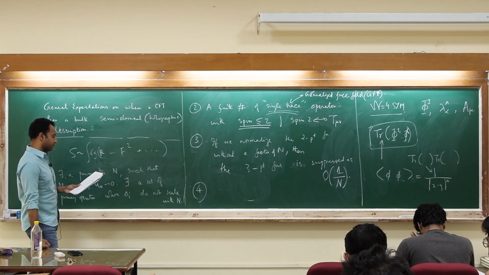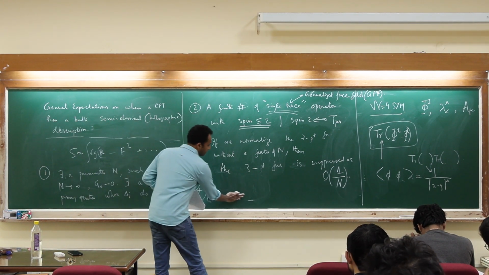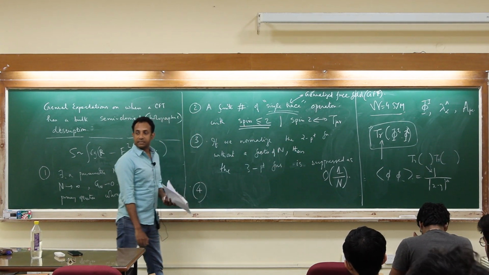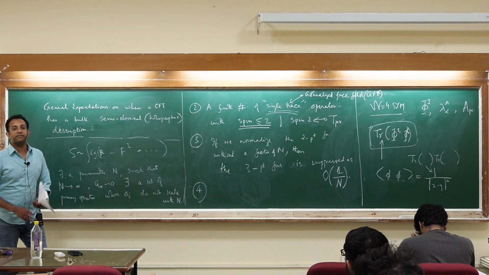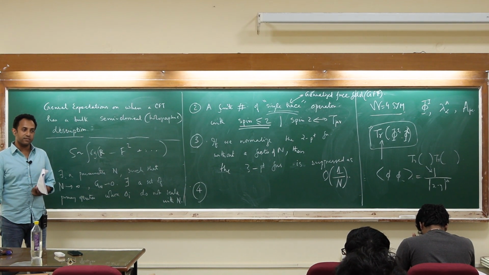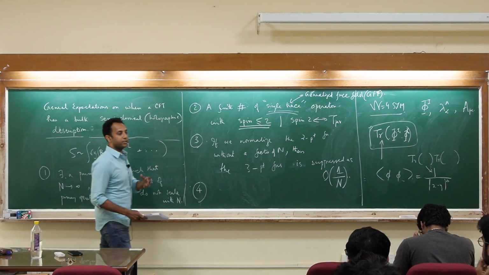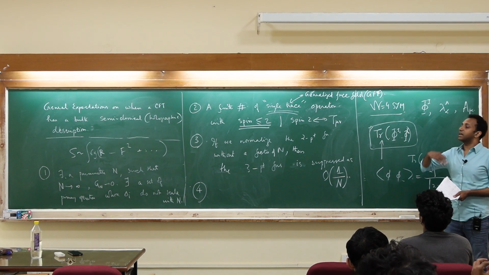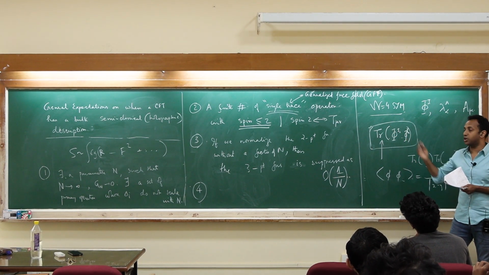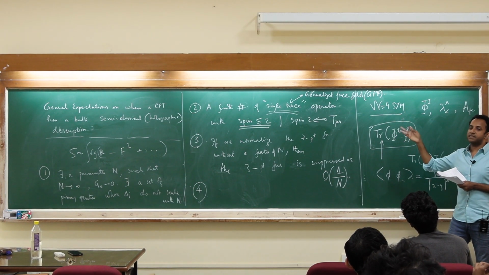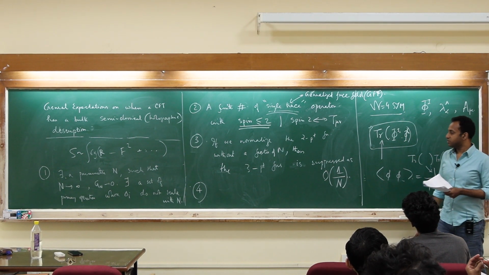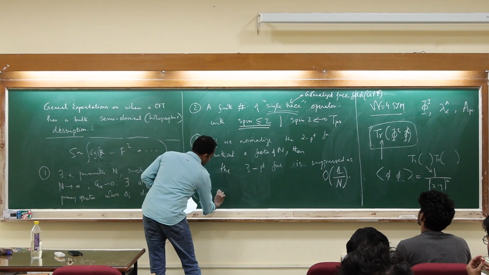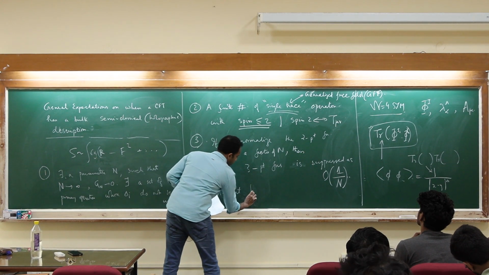Actually, two more statements. The next statement is something that you've already seen: if you take n-point correlation functions of these single trace operators, they satisfy Wick's theorem up to 1 over n corrections. That's roughly the idea that you have fluctuations in the gravitational background which act like free fields. So the corrections are going to be in g, which is basically the idea that it's suppressed by 1 over n. So n-point correlators factorize.